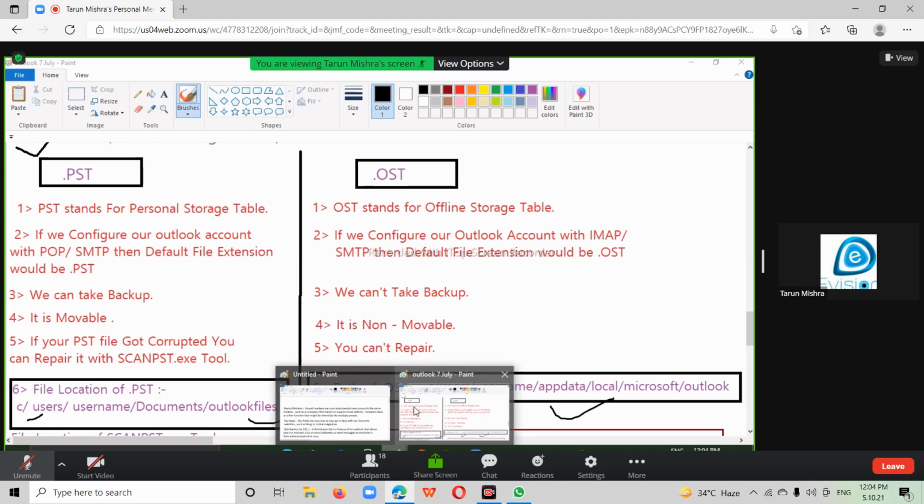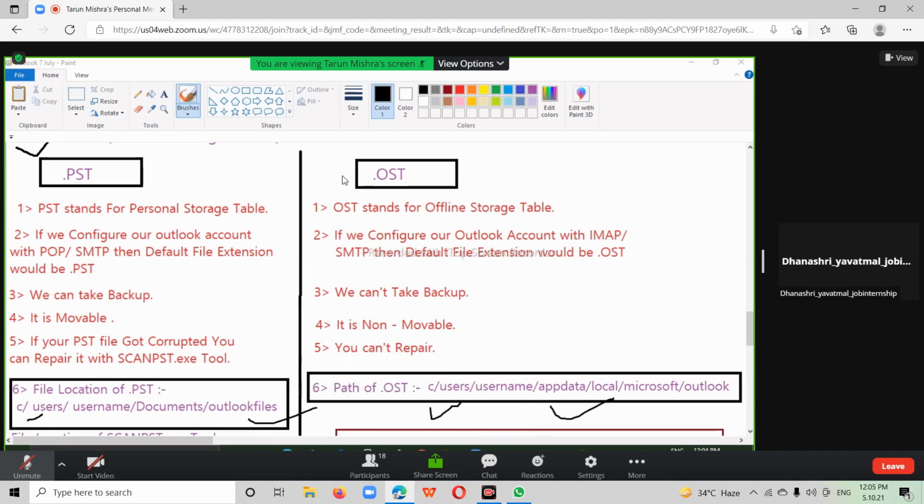Guys, I hope sir has given you troubleshooting: how to troubleshoot Outlook mail issues. Sir has given you or not? Sending error, receiving error, troubleshooting. Just let me know. Do all of you know how to solve a sending issue in Outlook, how to solve a receiving issue in Outlook?